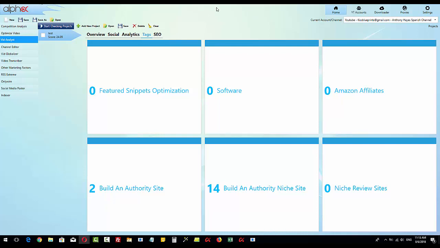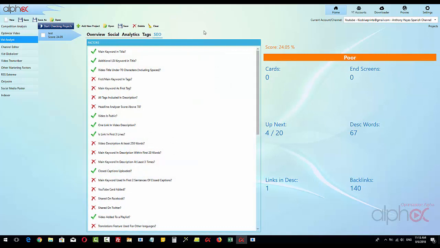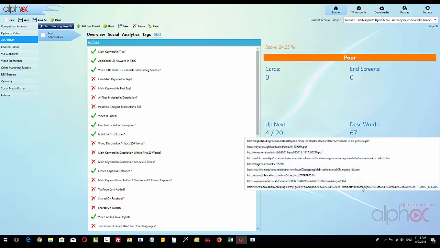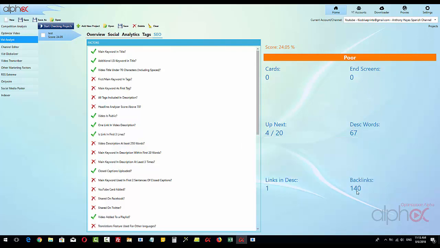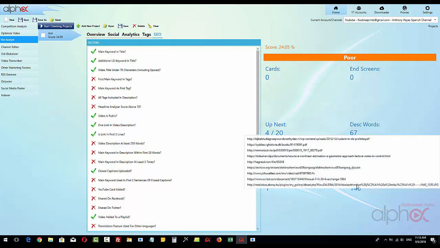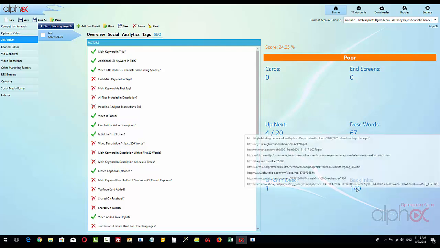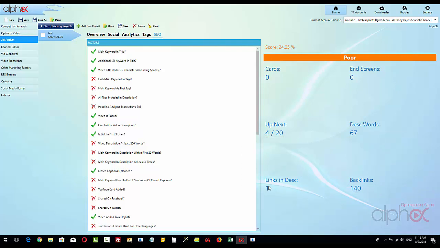Okay, the last tab in here, probably the most exciting for most of you, is the SEO tab. Okay, and what we can see in here is we've got some basic scoring on the right hand side. Now you can see this video is not very well optimized at all. Okay, description keywords are not that many. It's got 140 backlinks, and if you hover over there, you can start to see the backlinks that it's got. Okay, many of those are coming from IFTTT, I would imagine. How many links in description? The probability for